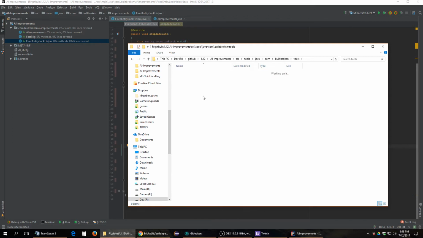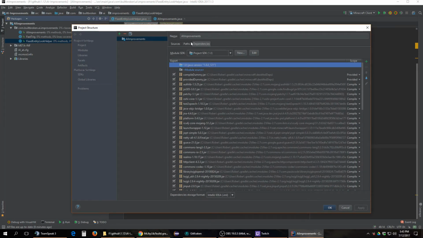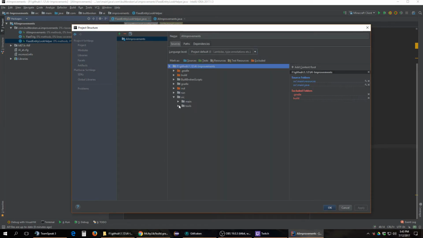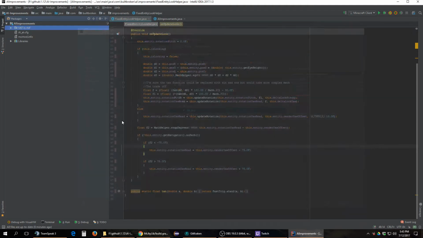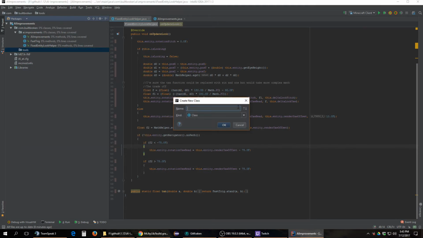Actually, we don't need it. We're just going to delete the package. That way, we go over here. We go hit project structure, sources. We can come over here and go, okay, that's a source package. So it'll now show up. So we'll see a tool package here. And we're going to make a new class, and we're going to call it main